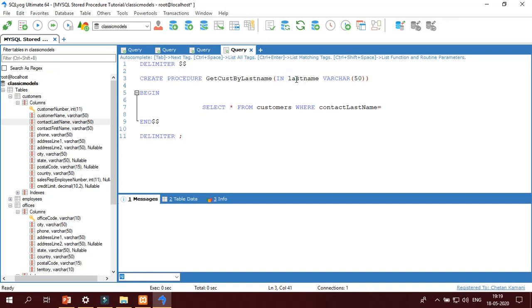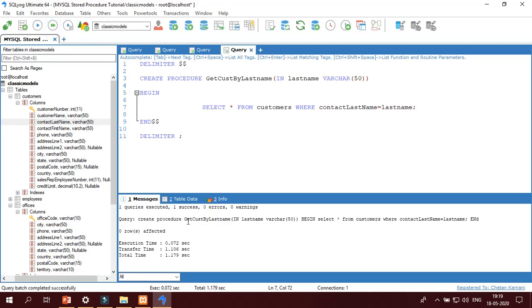Whatever name we pass to this procedure, in this case last name. Run. Okay, there is no error, it is created and compiled fine.